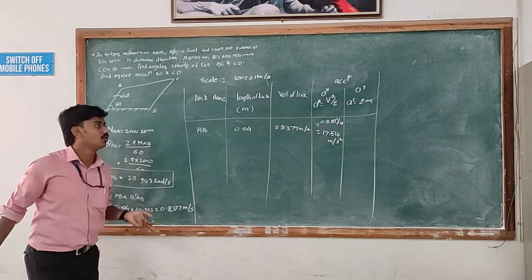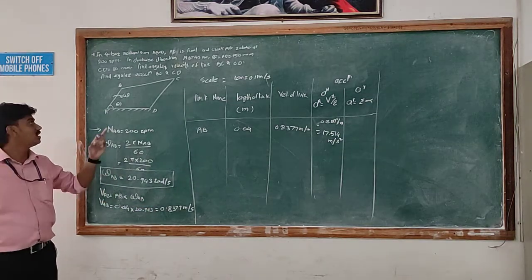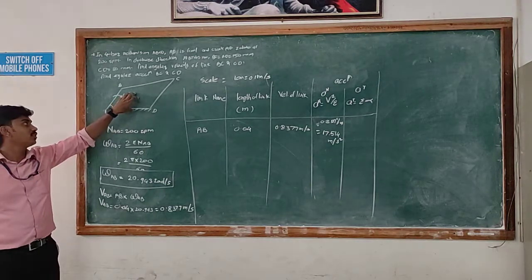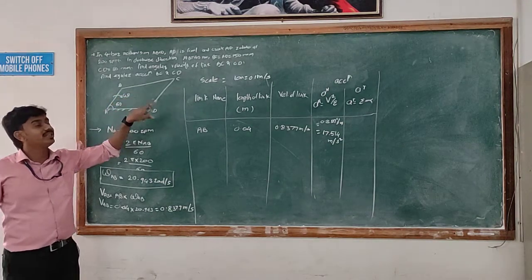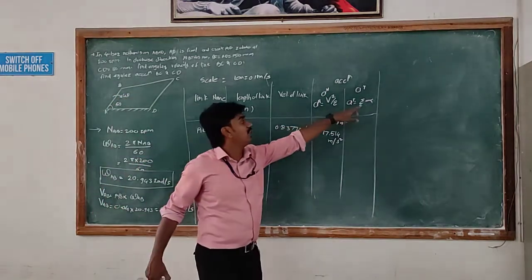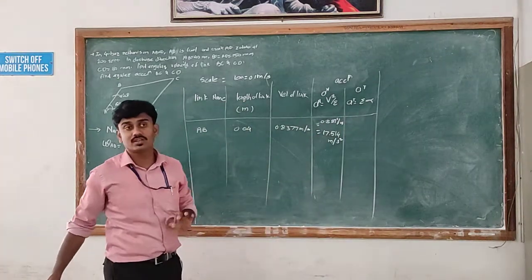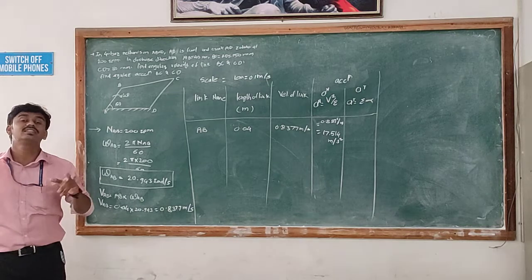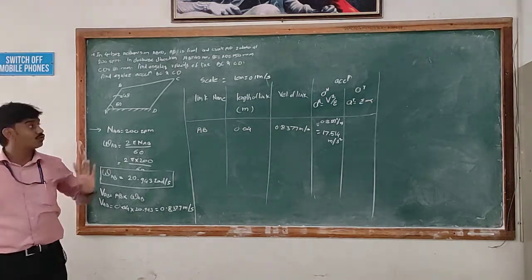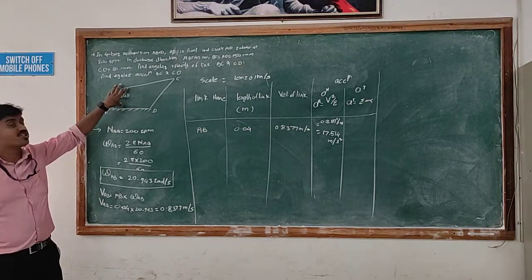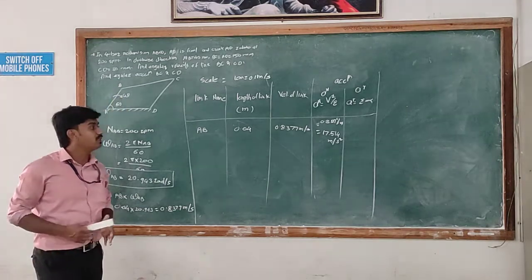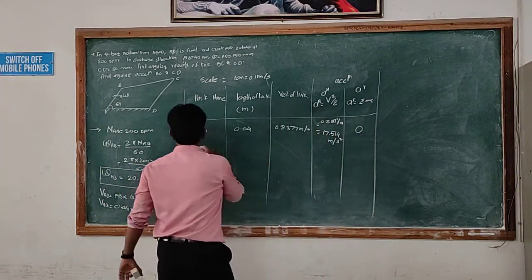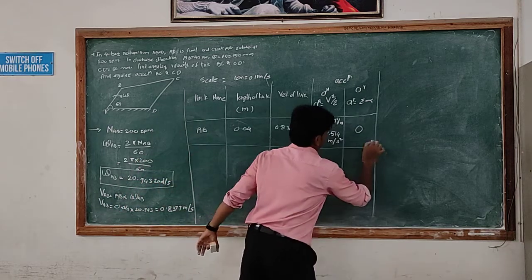Now the tangential acceleration. As this link is rotating with uniform angular velocity omega, alpha becomes 0. Why alpha 0? Because if any link is rotated with uniform angular velocity, then its acceleration should be 0. So the tangential component of this link will be 0. This is our first part.